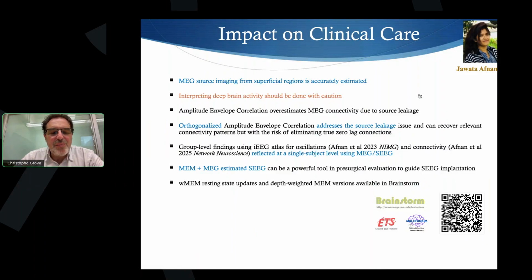SEEG implantation requires a huge knowledge and you have targets. But when we know what is the target we want to reach, probably this technique might tell us, okay, do perhaps a bit more data orientation, and you're going to cover a bit more accurately the extent of the underlying generator. So replacing SEEG, I don't think so, but improving the chance of succeeding in SEEG and improving objectively the implantations, I think yes.